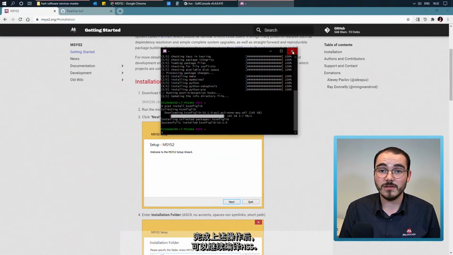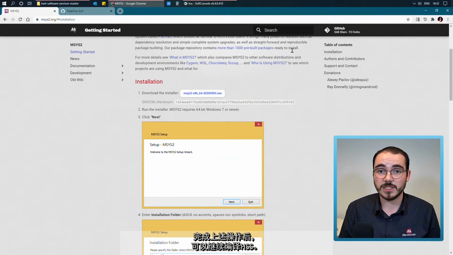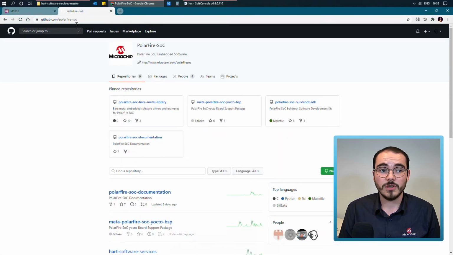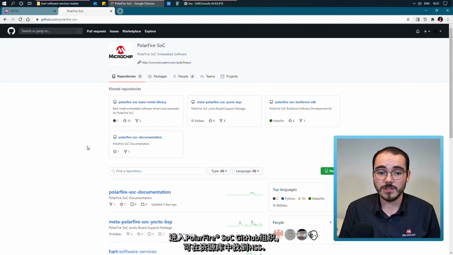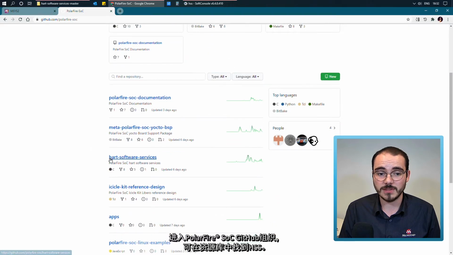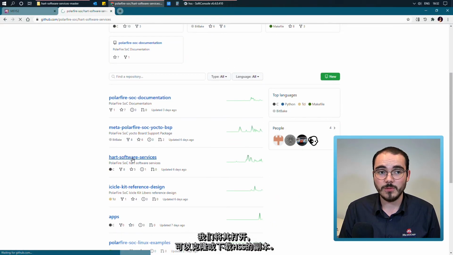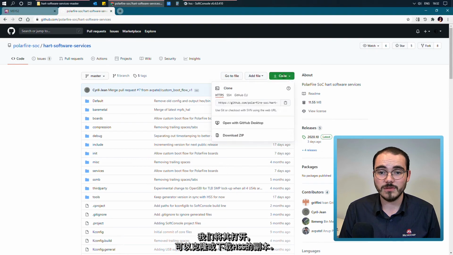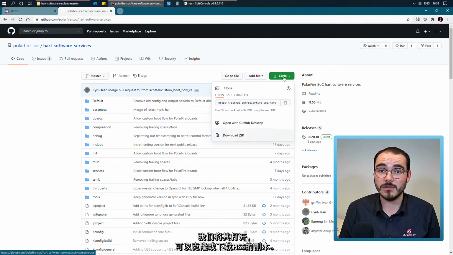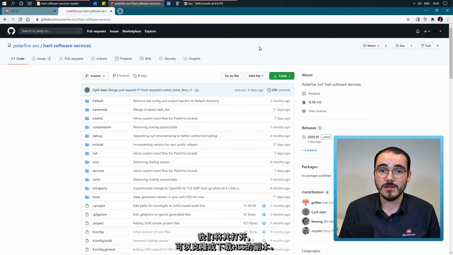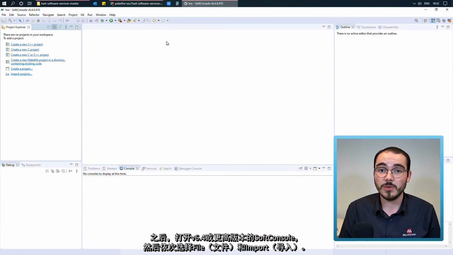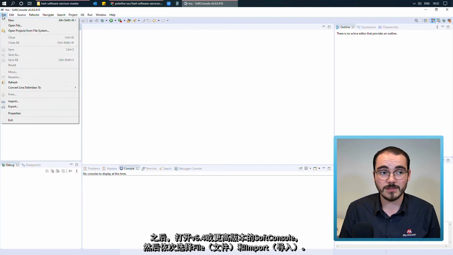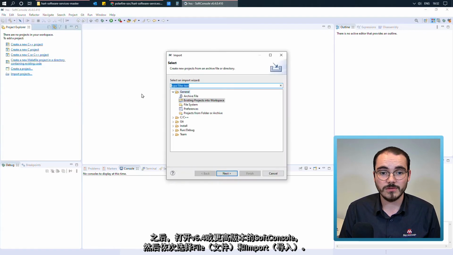Now that I've done that, I can continue on to build the HSS. If you go to the PolarFire SoC GitHub organization, the HSS can be found in the repositories. If I open it up here, you can clone or download a copy of the HSS. Once you've done that, open up SoftConsole version 6.4 or greater and select File and then Import, and under the